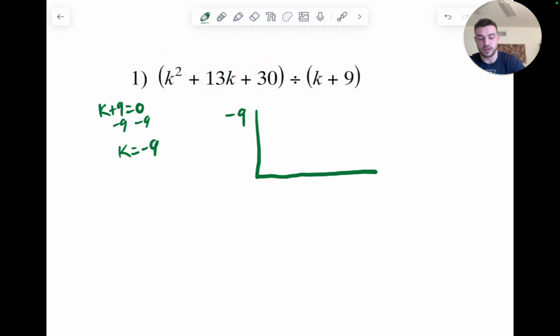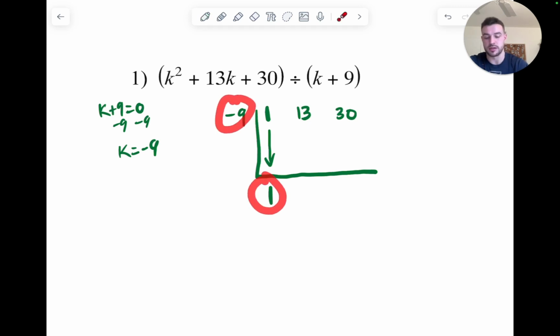The first one is 1, right? 1 times k to the second. Then we have a 13 times k, and then a 30 times k to the 0. That's our constant. How this process works is we are going to drop the 1 all the way down. Then we multiply -9 and our 1 to give us a -9. On the inside of this, we are going to add. So I'm going to add 13 and -9 together to give us